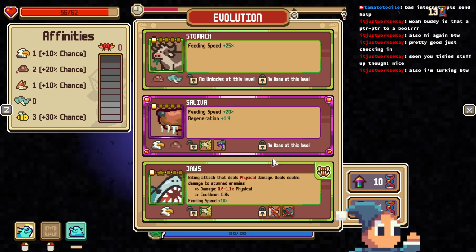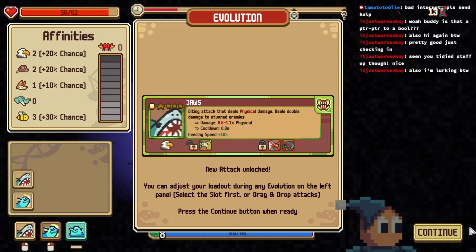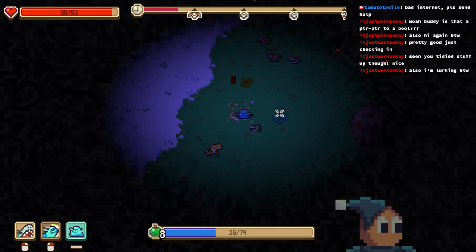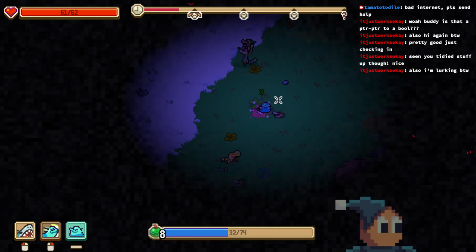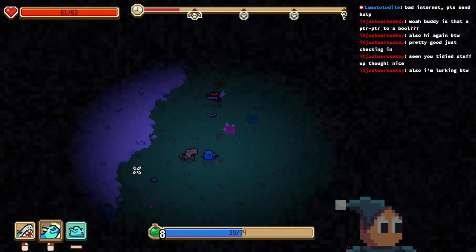Saliva and jaws. I want attack, but I also want feeding speed. Should I pick the shiny one? Nah, jaws. Ow. Stop bothering me.